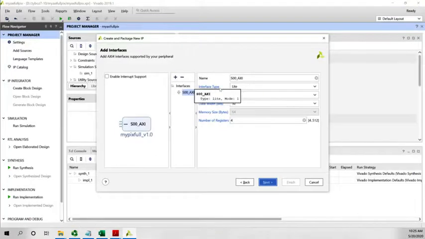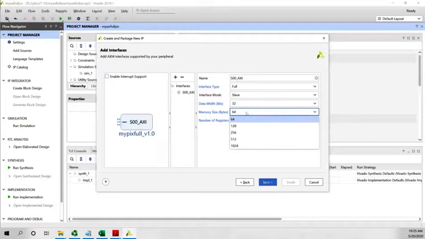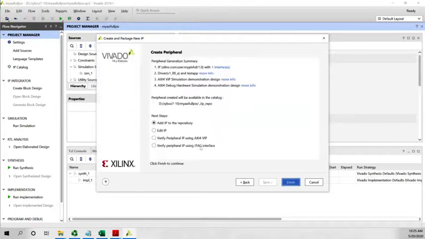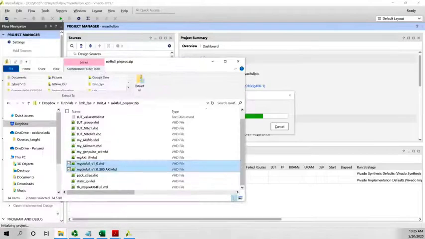Here though, you have to select, of course, now instead of light you select full interface. Okay, by default it will create a template with 64 bytes of memory or 16 32-bit words. Okay, you keep it like that, and then you select edit IP. Okay, and now that you do that, your job is just to copy and paste,